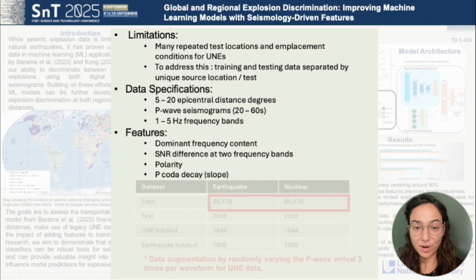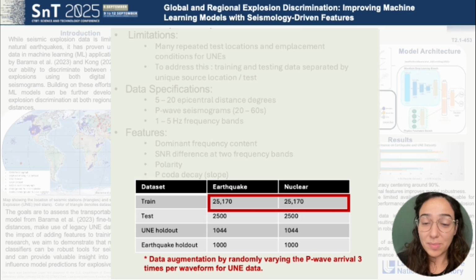For each of the waveforms included in training, we had corresponding features that we calculated. Those included the dominant frequency content of the trace and signal-to-noise ratio at 2 different frequency bands, a high and a low. We included polarity and the P-wave decay or slope. So our pre-processing and signal-to-noise ratio already does decrease the number of samples that we can include in training, but